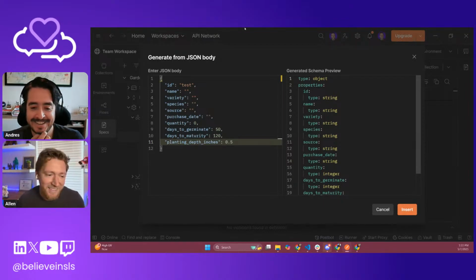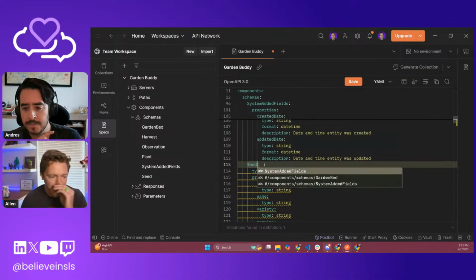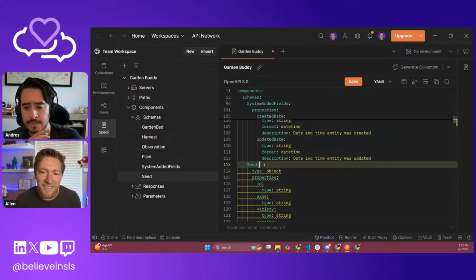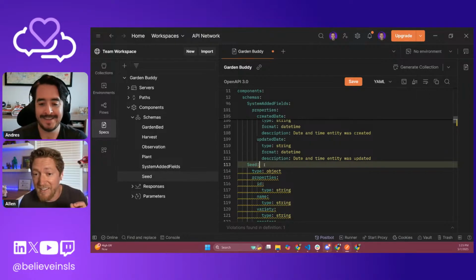But here's the thing. Let me insert this and we'll take a look at that seed. When we're designing these APIs for human and AI consumption, just add them. You know why? Add them and make them optional, because when a human's consuming it, they'll see what the required properties are, and they will ignore the optional properties. But you give that to an LLM, it knows all of these things.